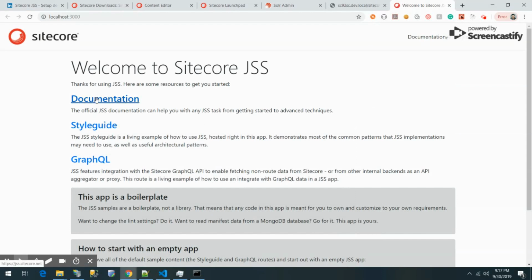You can click this documentation link, and it will land on your documentation page, style guide, and so on. I'm going to elaborate in detail about the default template, how you can customize the page, and how you can create your different renderings. Normally what we do inside code is create different components and renderings, attach all the renderings in a page in different placeholders, and then we can see a whole application or whole page running inside code, right? The same thing we can do here on the client side as well,